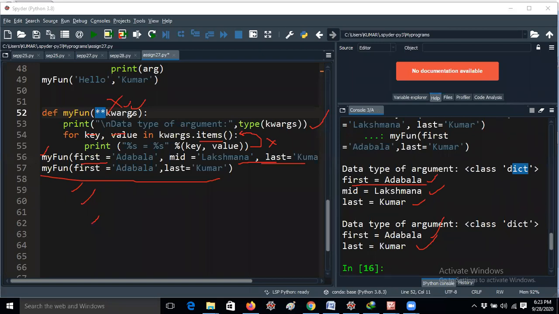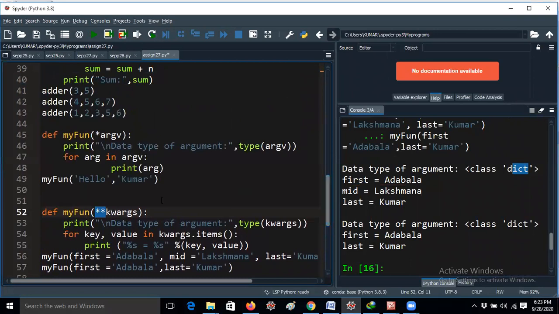But in the earlier class you were told it's just values only. But here I give key value pairs. So this is the difference. That's why by default this parameter acts like a dictionary. In the earlier example it acts like a tuple. So that is the basic difference. These are very important topics from an interview point of view, especially. That's why I'm telling you, guys.